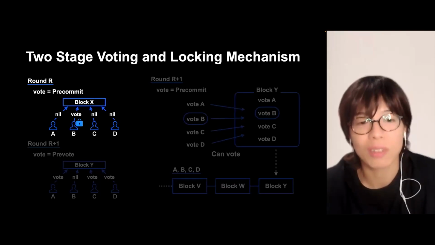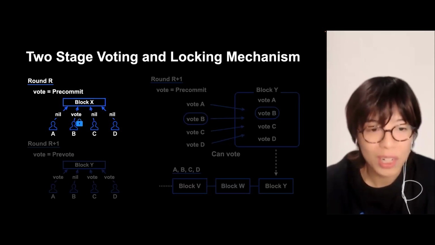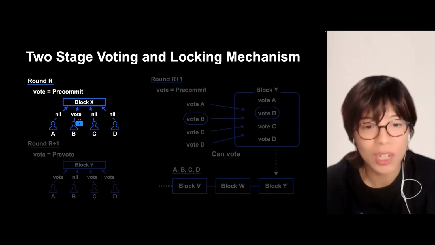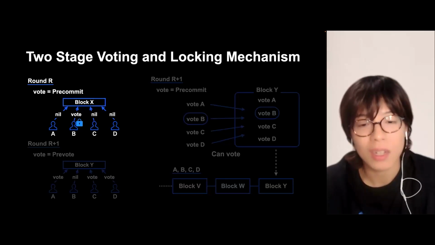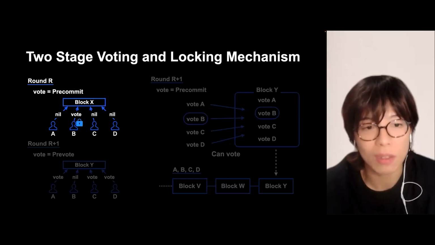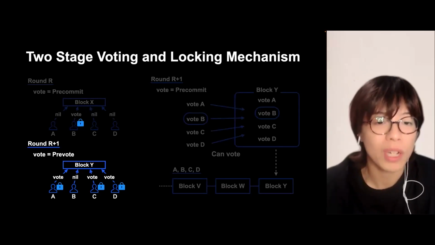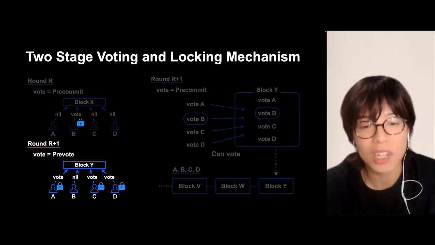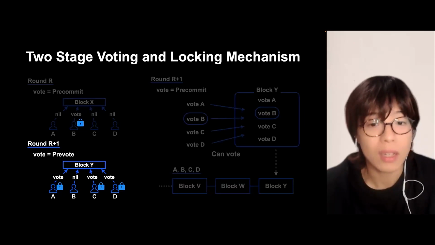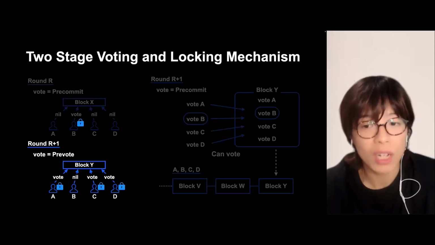A, B, C, D. Let's say they are the voter nodes. Then one is doing the pre-commit vote in round R, B, A blocks. Then the lock rule is applied. A, C, D deny, and no lock. So the round proceeds to the next stage. In round R plus 1, B is locked, so they can only deny. One can only deny. A, B, C, D.